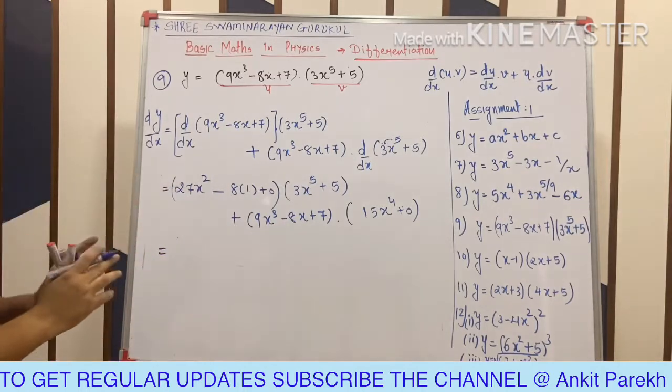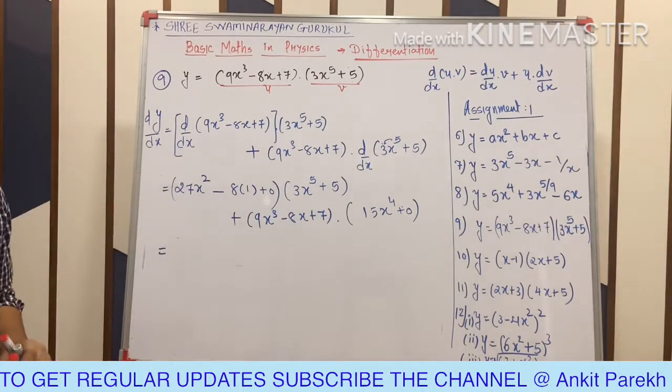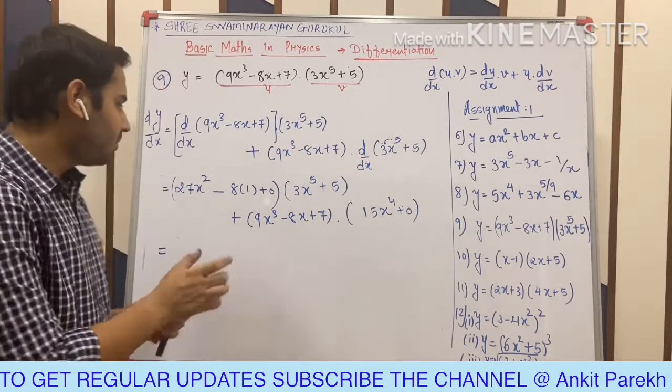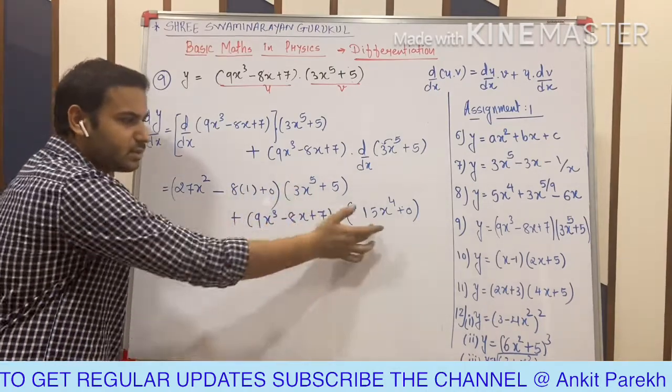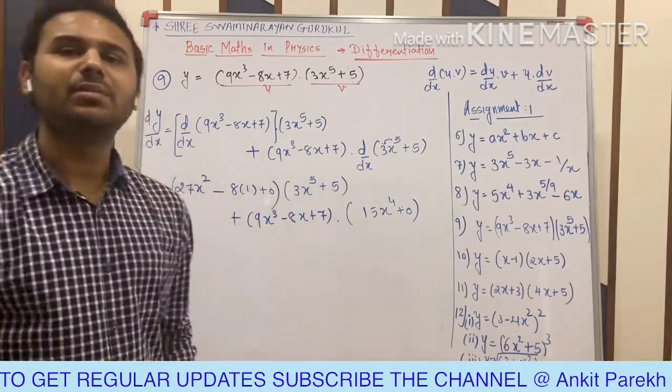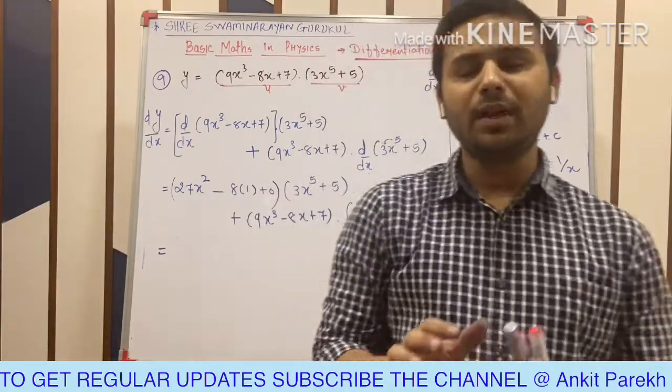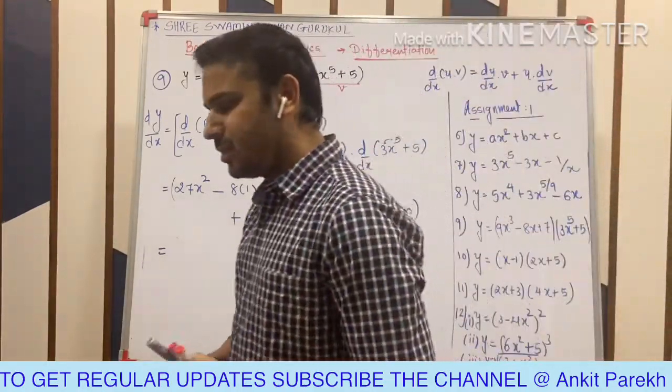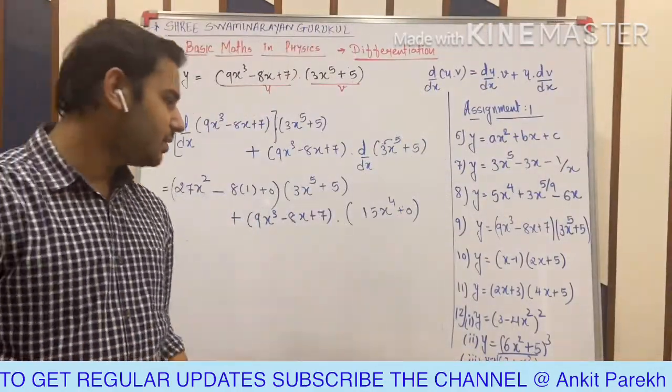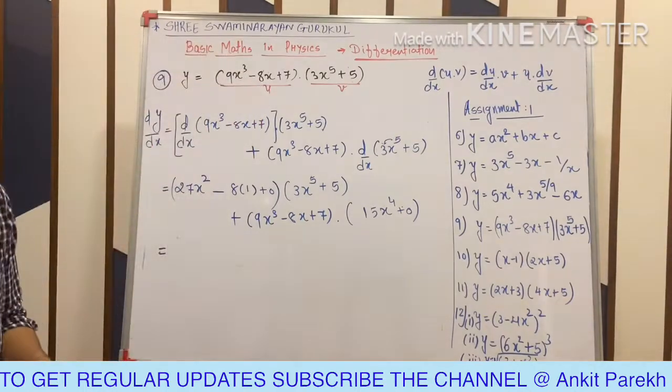Now you just do one thing, multiply all this, you will get your answer. Okay, multiply this to this plus this to this. The final answer will remain same. Right now I am not simplifying this just because of a little bit of laziness, nothing else. Right? You can do it by yourself. Chalo. 10th question.